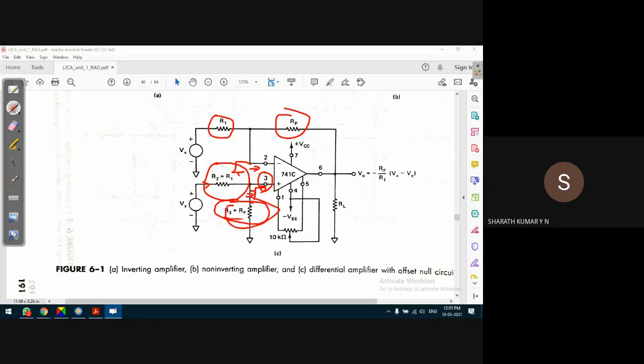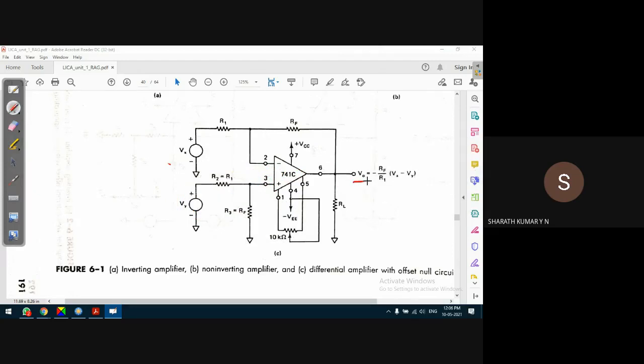We need this resistance. In the virtual ground concept, we understood that current will be zero, but if the input changes, the current also changes. But as soon as the current changes, the op-amp will force these two terminals to go to zero. The op-amp is like a referee, monitoring the input changes. If there is an input change, it will make sure that these two terminals are at zero potential. It will change the output and bring these two points back to zero. That's how an op-amp works. Op-amp is very powerful.